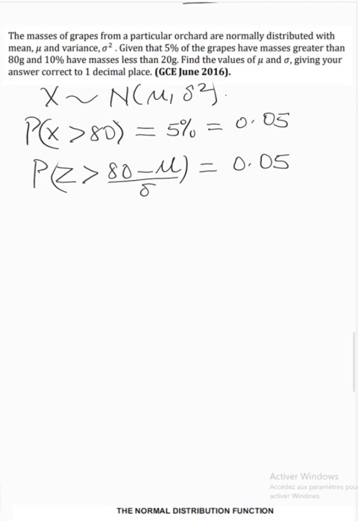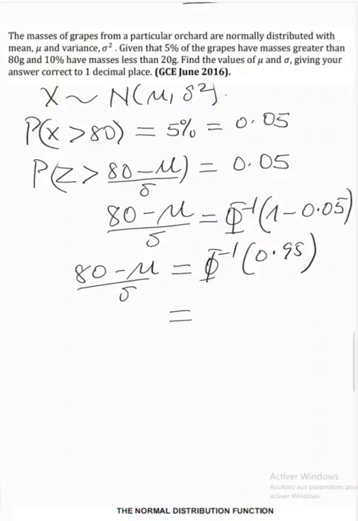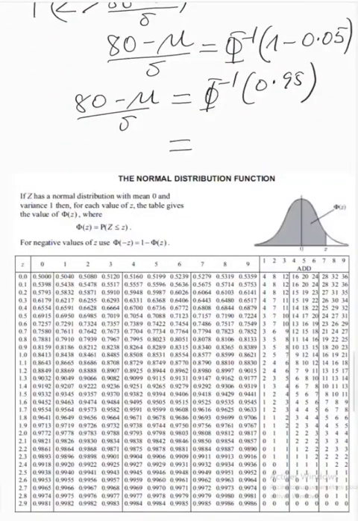So 0.05 is less than 0.5. So here we simply write that 80 minus mu over sigma, the positive z-score, is equal to phi inverse of 1 minus that small value of the probability, which is 0.05. And from there we have that 80 minus mu all over sigma is equal to phi inverse of 0.95, which we can then read the value from tables. In the body of the table, I would check where 0.95 is. I instead have